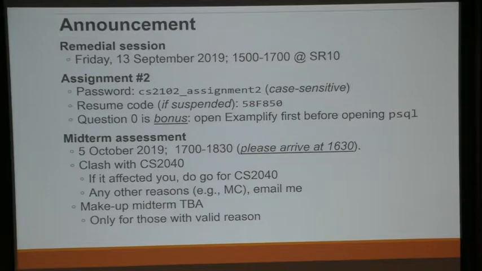So yeah, total mark is 4.5, but I'm going to round it down to 4. So 4.5 includes the bonus questions. There are 9 questions, including the bonus question. If you suspend, so I'm allowing you to suspend your attempt. The maximum time is 1,000 hours, I think. I forget whether it's hours or minutes, but it's 1,000. Okay, that's the maximum that I can give.